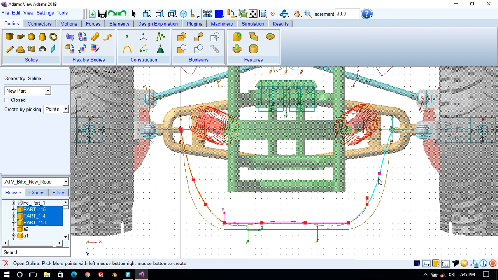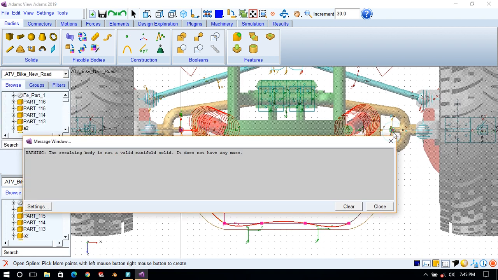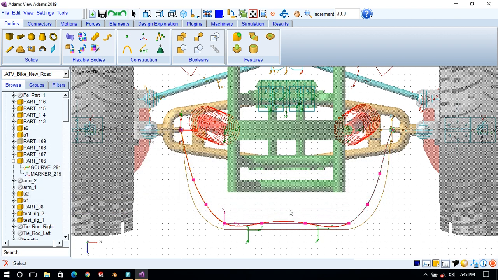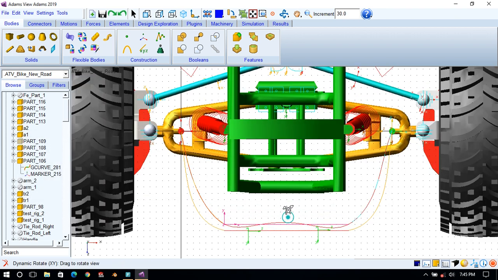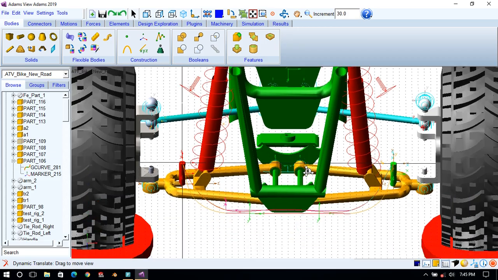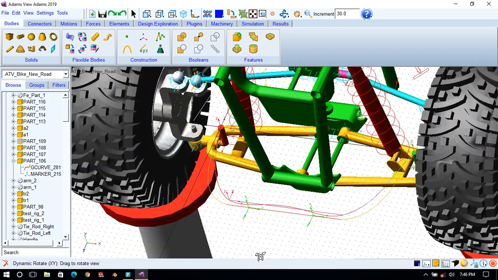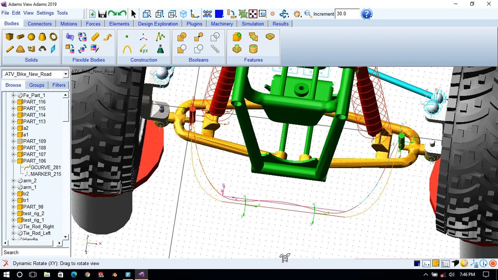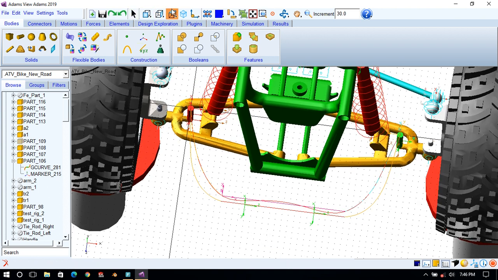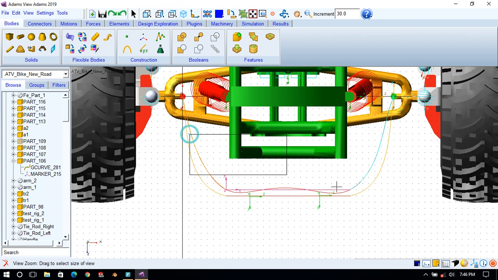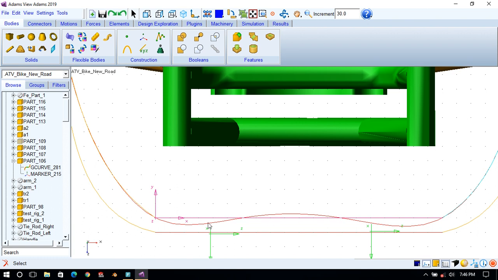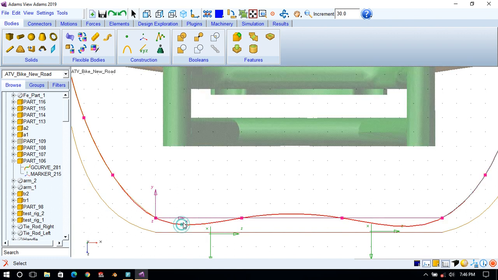Now click this one and the last one this, and right click. So it has created a point spline for us. Basically we have traced these points and we will get a similar contour. You can see here it is not properly created, so we have to edit these points.